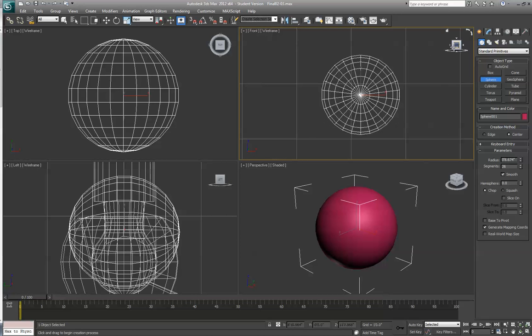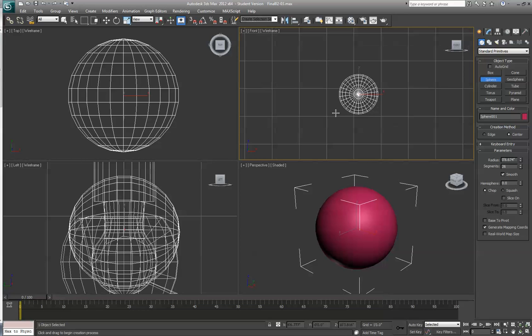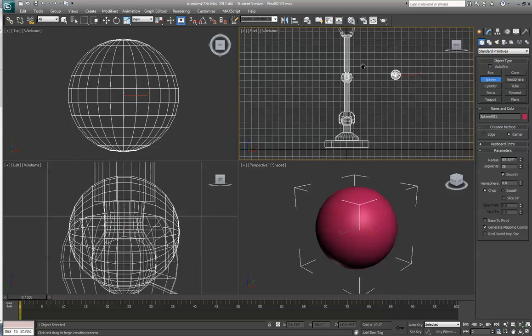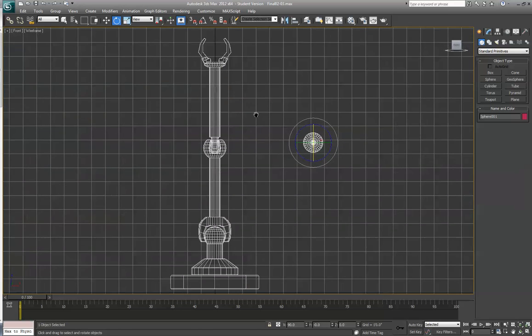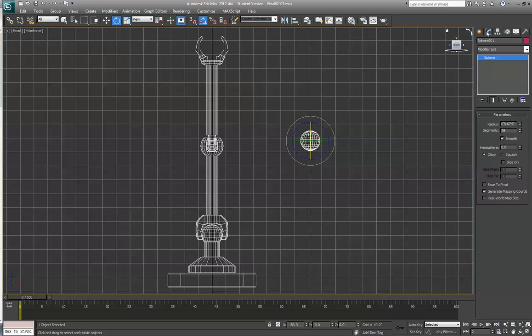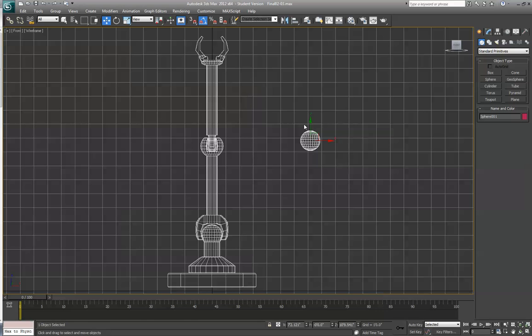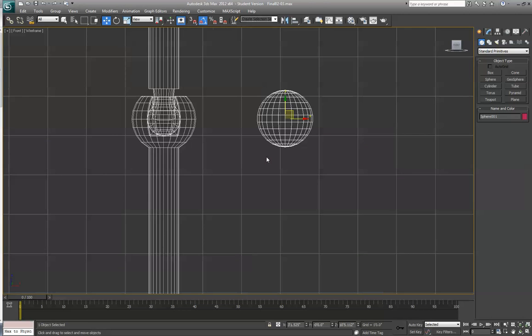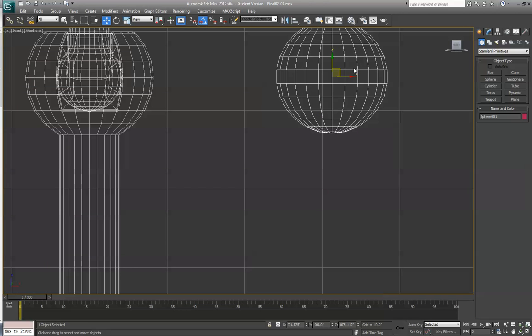So when I say using primitives and modifying them to create this object, let's zoom back out. So you see now that I have it in wireframe, you can see how these different objects were created. Let's turn this on, rotate it. So for example, this little piece in the center here, you can see that one way to do this is, I just created a sphere,